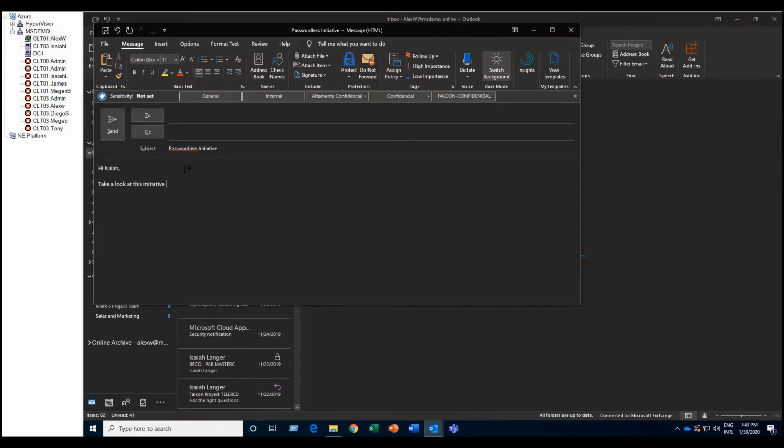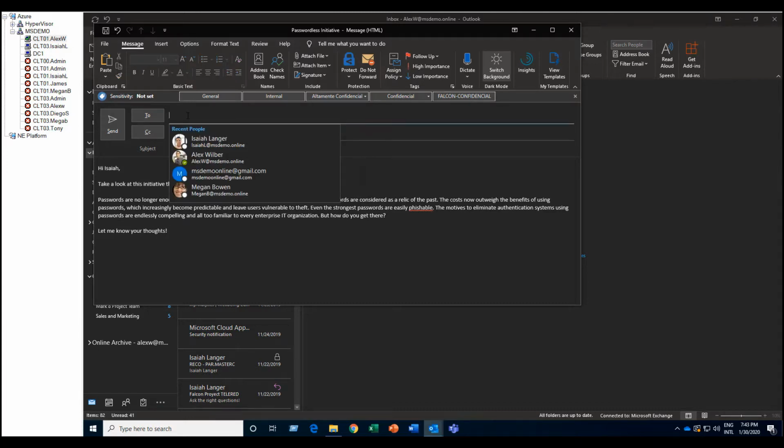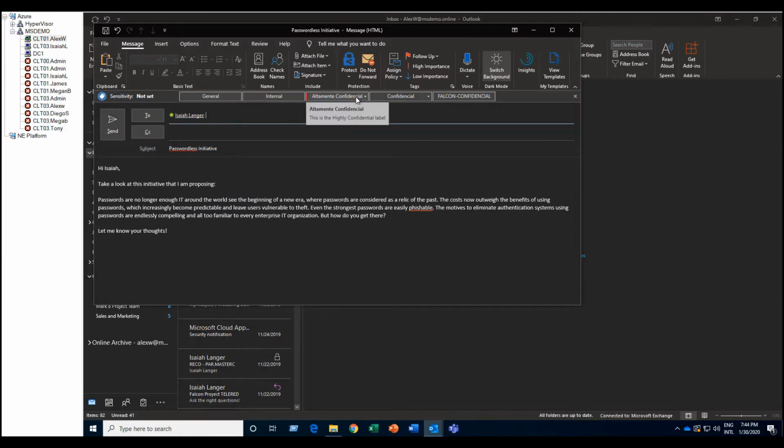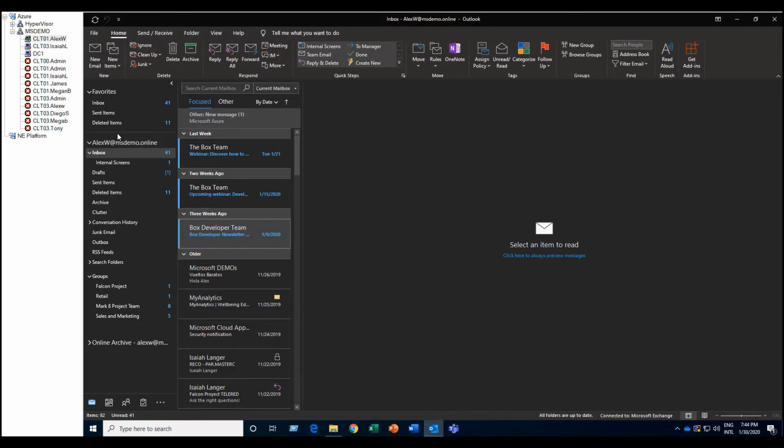As you can see, in the Outlook application the classification labels will appear, from where the end user will be able to select the classification that he wants to apply to the email. Using these capabilities makes it very easy and flexible to share protected emails, as you can see. Once Alex has sent the email,